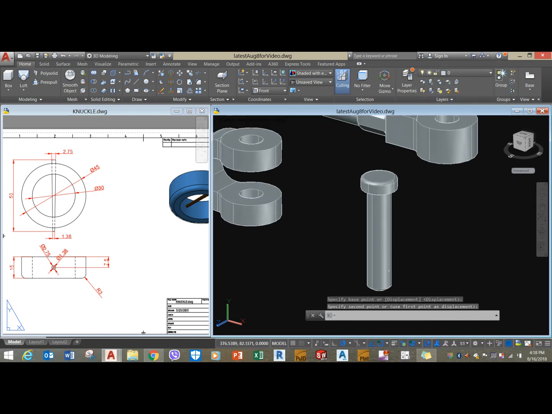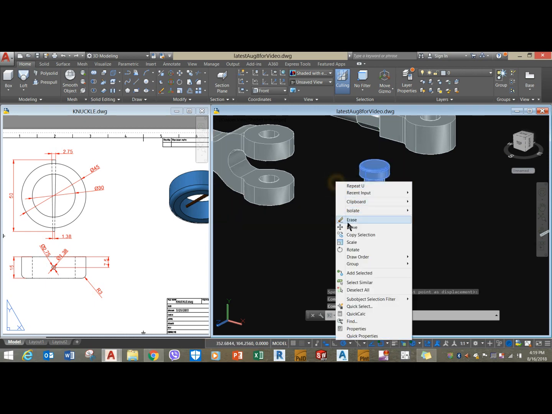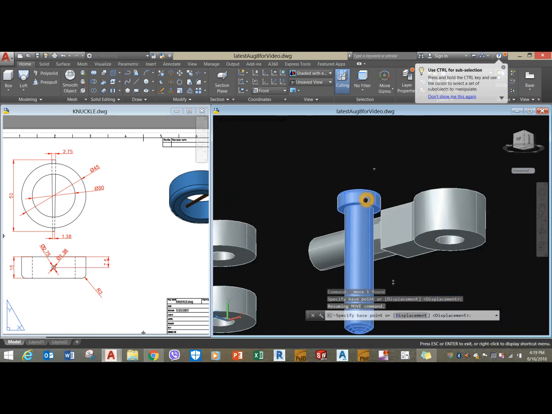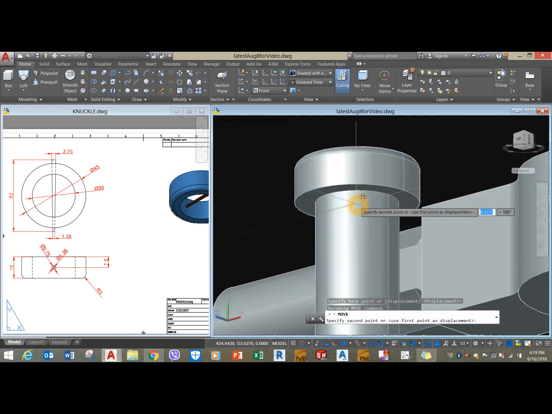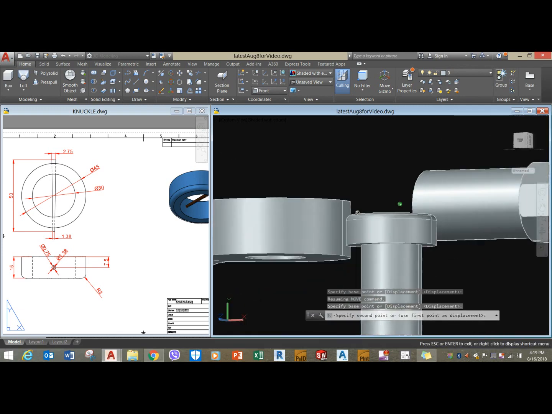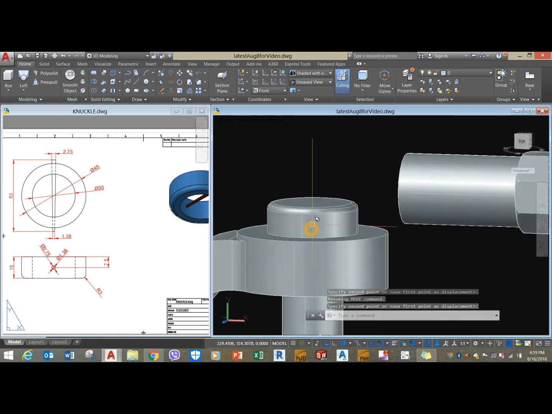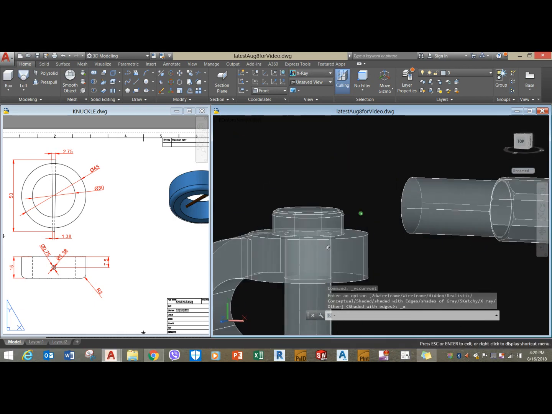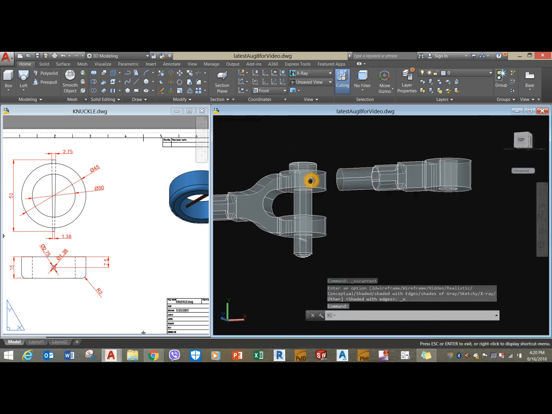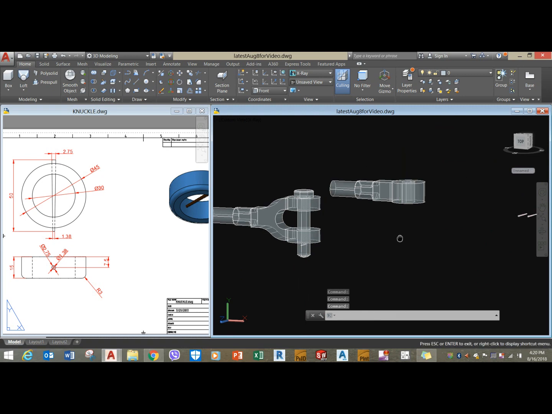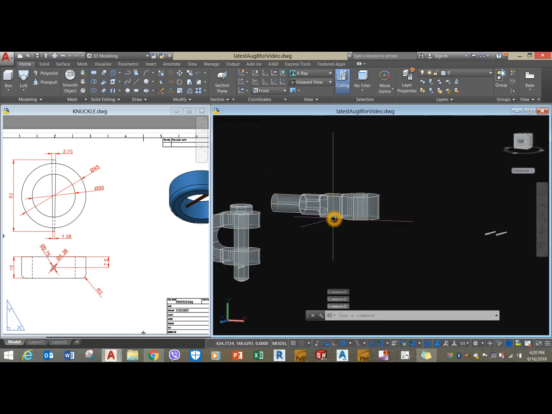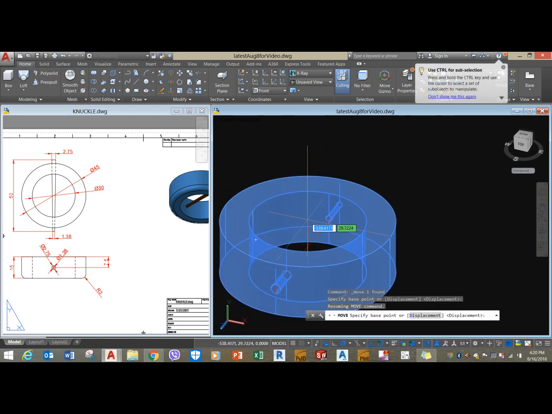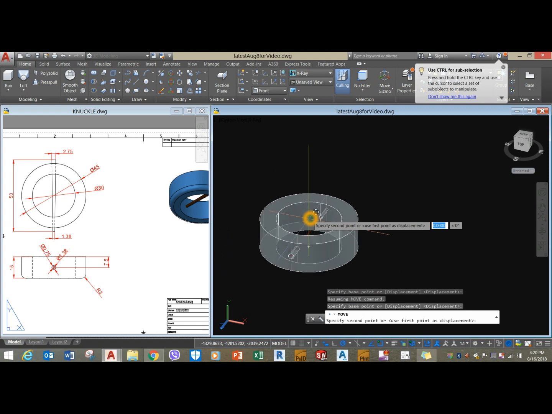I'm gonna attach this pin first. Move. Grab that center to the center here. Let me see the x-ray. Yeah, I think it snapped properly. And then where is my collar? Oh, there you go. Move this collar, and from the endpoint or the center of that cylinder,